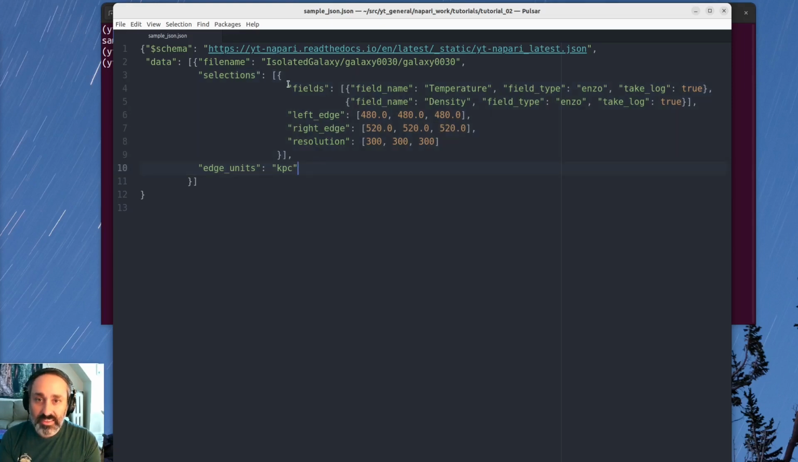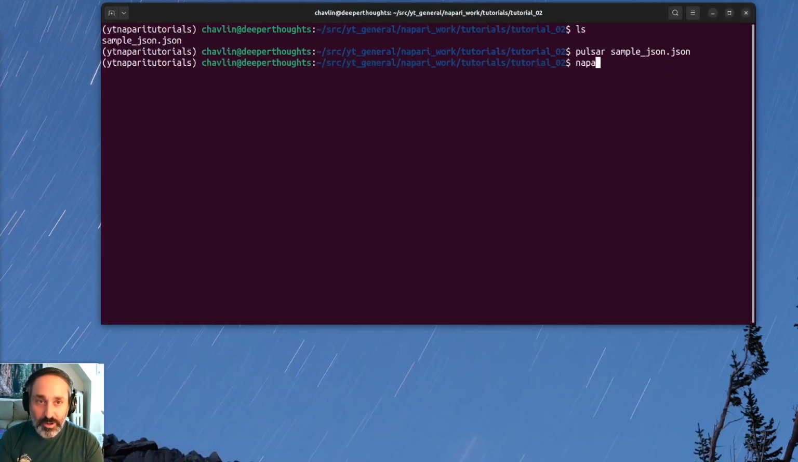And so this is set up to give the same image that we loaded in previously. So we're going to load an isolated galaxy, and then we're going to load in two fields, temperature and density. We'll take the log of both of those, and our left and right edges are the same, but now in units of kpc instead of code length. And we'll do this at a resolution of 300 pixels in each dimension. And so now, when we go back to Napari,